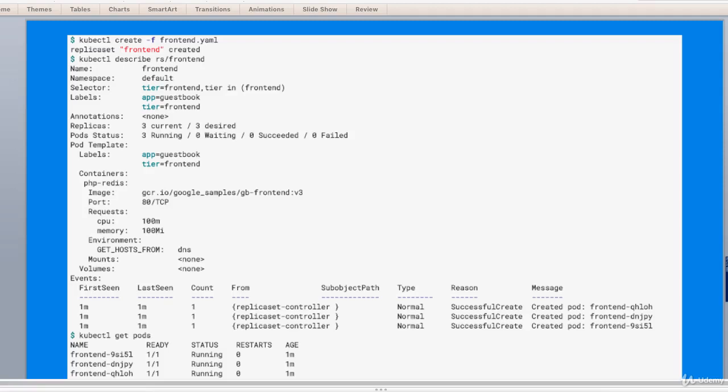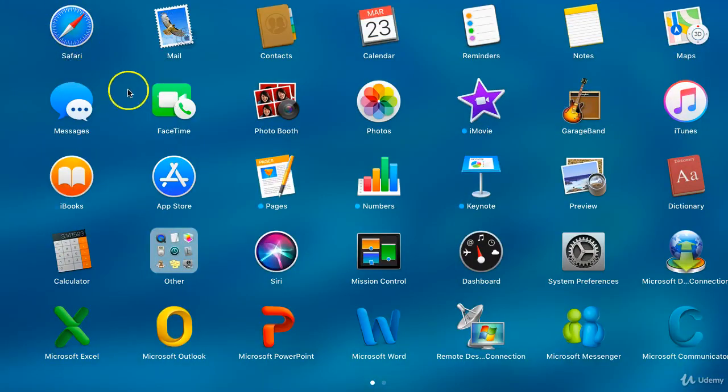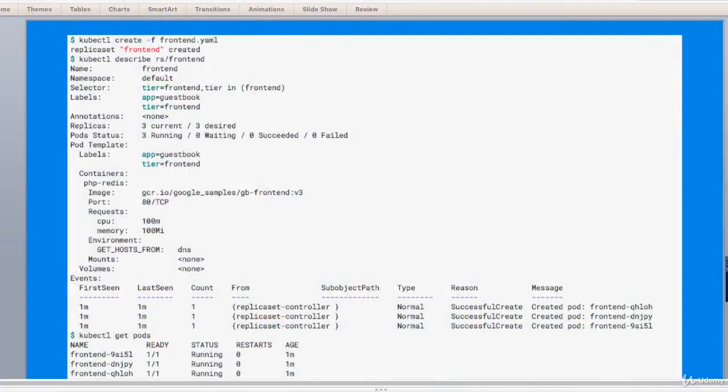For labels, make sure to not overlap with other controllers. For restart policy, the only allowed value of .spec.template.spec.restartPolicy is Always, which is the default. For local container restarts, the replica set delegates to an agent on the node, for example the kubelet or Docker.